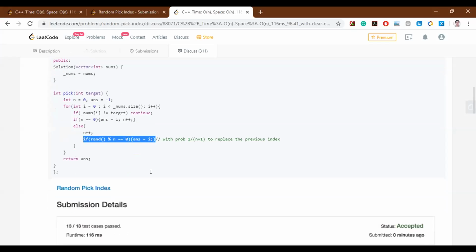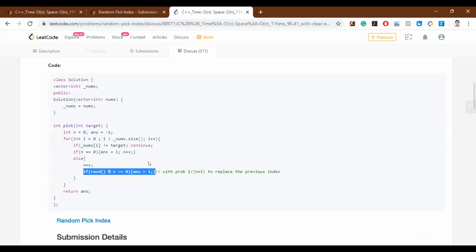I'm trying to understand the rand function here. If n equals 0, that means we are seeing this value for the first and only time, then our answer will be that index. If we are seeing it again, we kept count of how many times we saw it, and it is doing this highlighted portion.